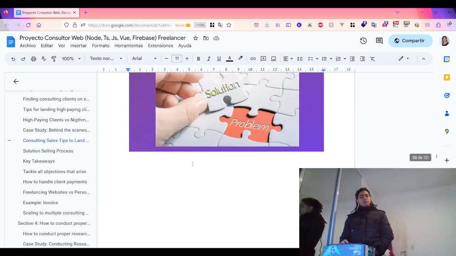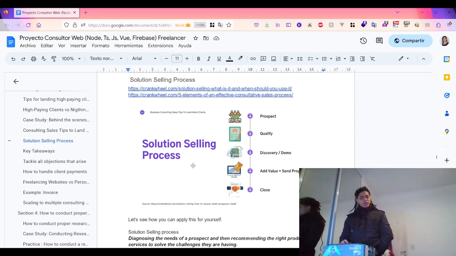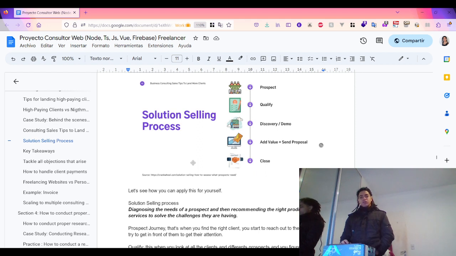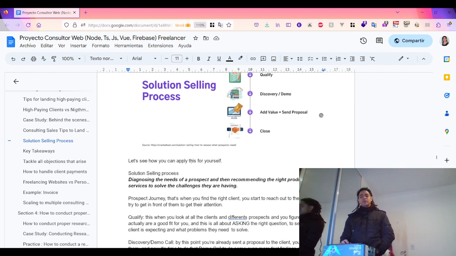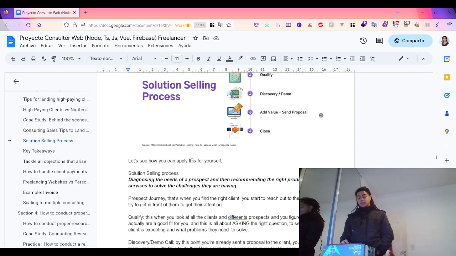So this solution selling process involves a particular series of steps. It is the prospect journey, where you find the right client and start to identify who is the right client for you. You start to get in front of them to get their attention, and then you qualify them. Once you have a list of clients, you're going to figure out what is the best fit for you. And this is all about asking the right questions